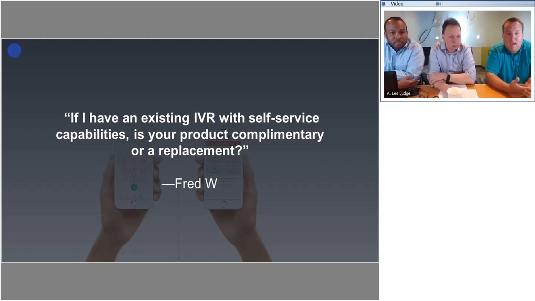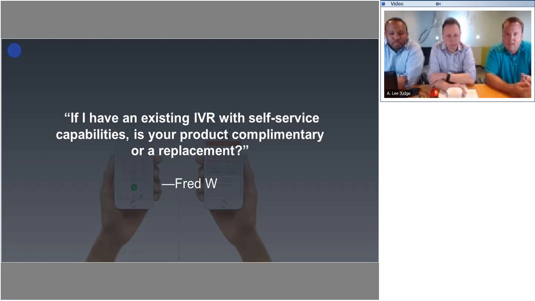Visual IVR is not mandatory for all customers. So we offer the customer at the very beginning of the call, before they reach the voice IVR system, the ability to opt in to the Visual IVR experience. So the customer at that point has the option to either continue along the path that they already started and go into the voice IVR system, or alternatively opt into the Visual IVR experience. So in that regard, the solution is very much complementary to any sort of IVR system that you currently have